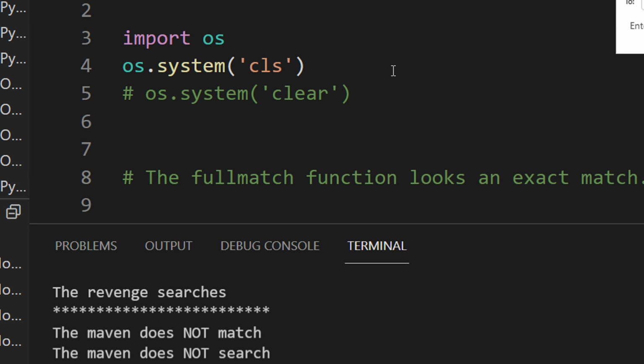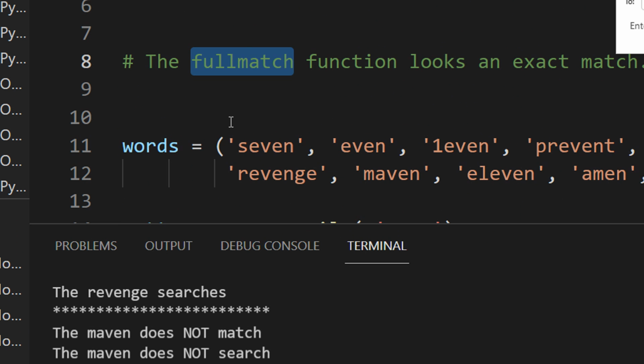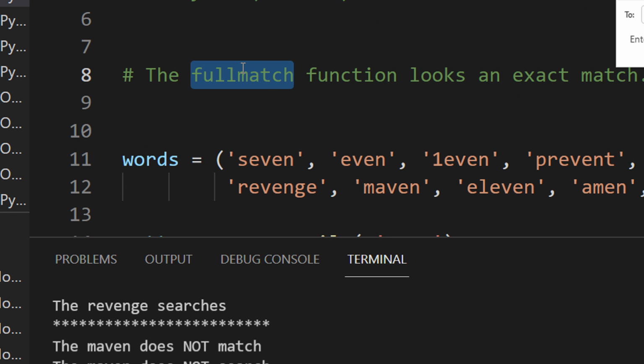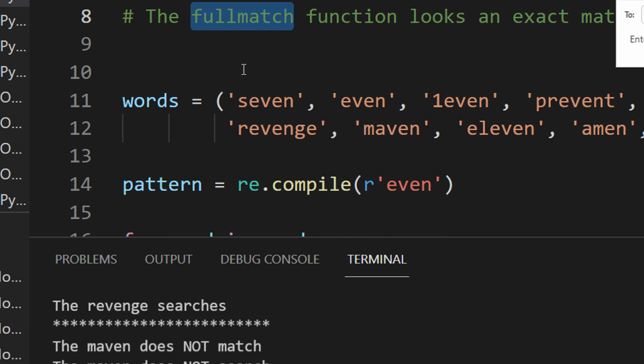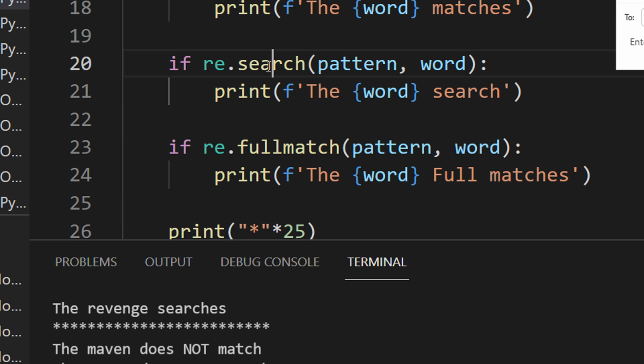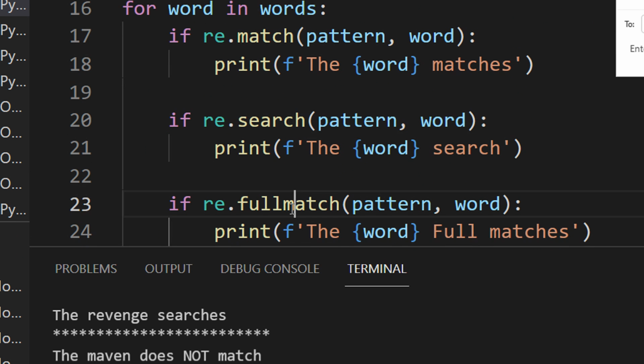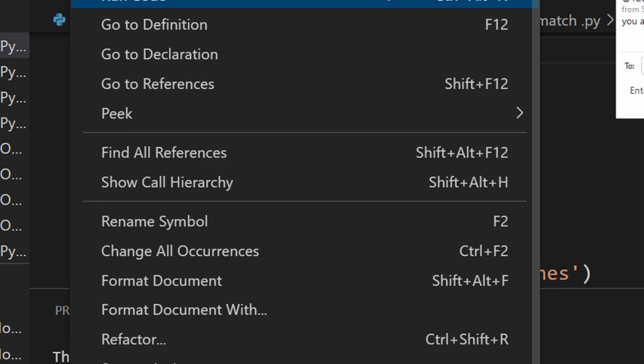Now there is a function called full match, right? What happens with search is that search will also search for a substring, like "even" also matched "event" also. Now in this case we are doing a full match. From the word itself you can know full match means the exact complete match that we are doing, right? So let us now see, we have a match, a search, and a full match. These two we have already seen in the previous case. Now let us see a full match here.